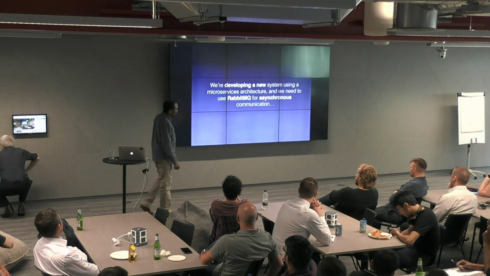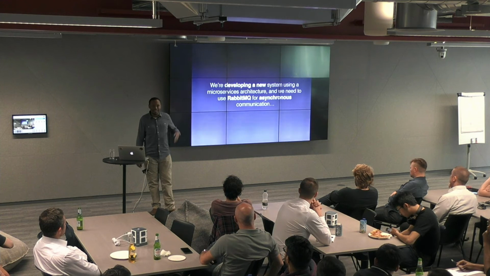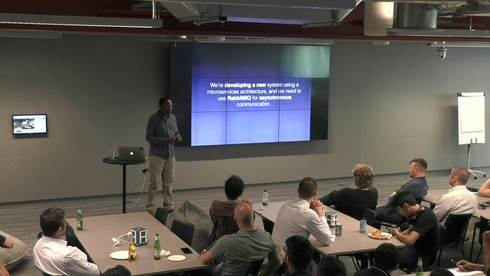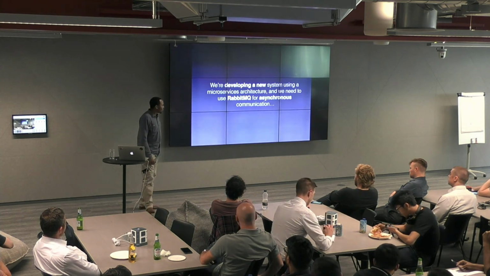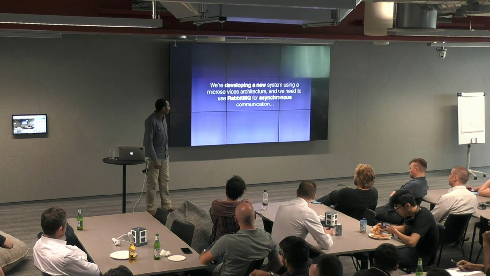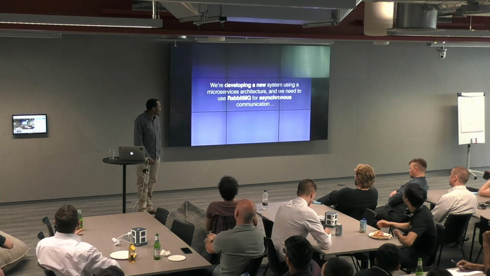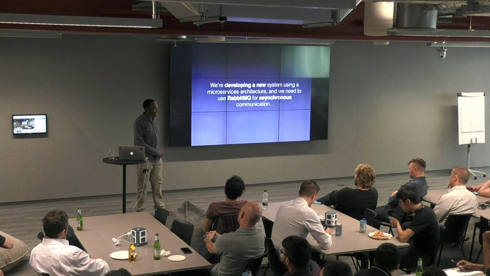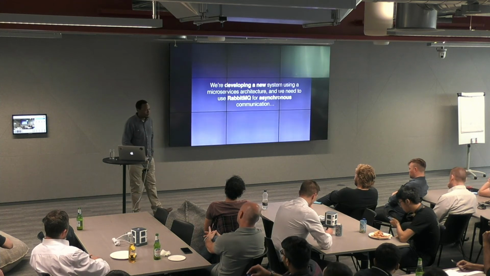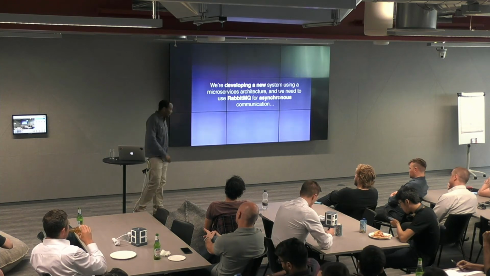So part of my job, well, the main part of my job, is that I get sent out to different companies. When I get there, I have to solve things, integrate things, put things together, redesign stuff. And one of the most common requirements I get is: we're developing a new system using a microservices architecture, and we want to use Rabbit for synchronous communication. So a fresh system, something new, and they want to integrate Rabbit into it.